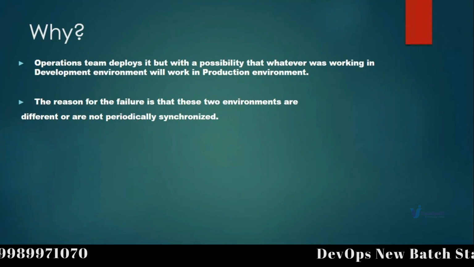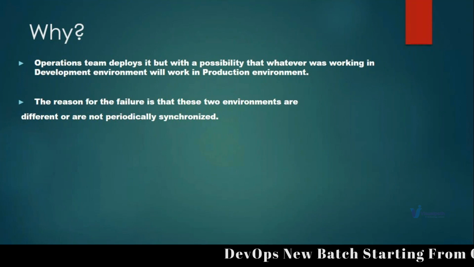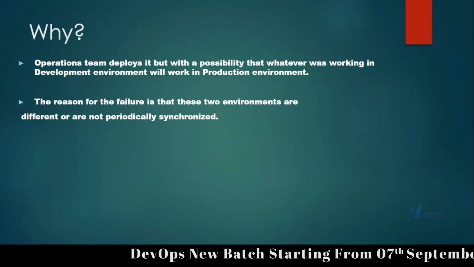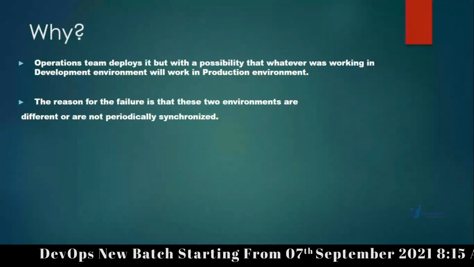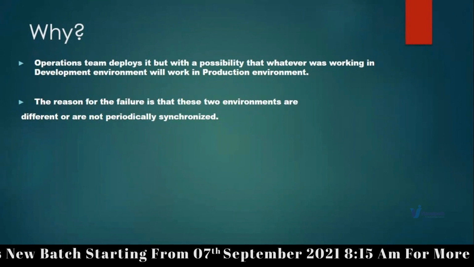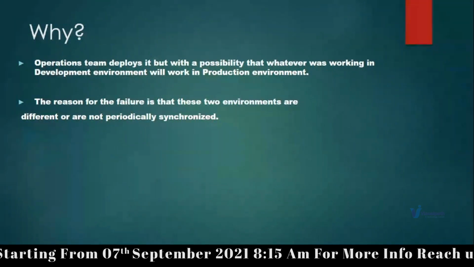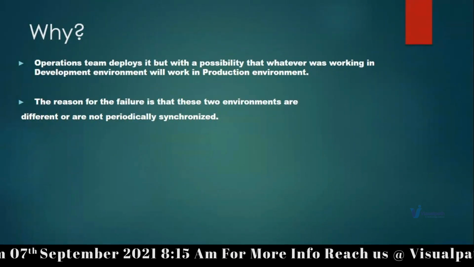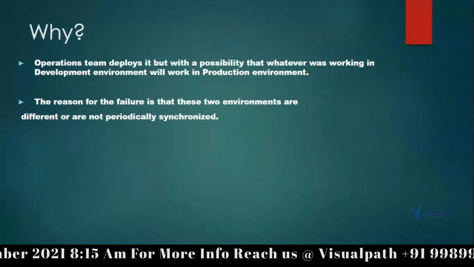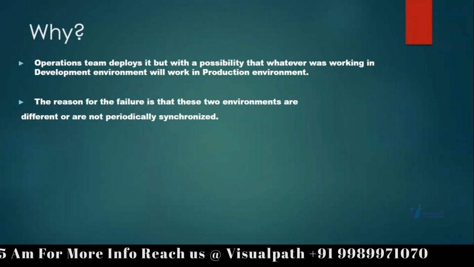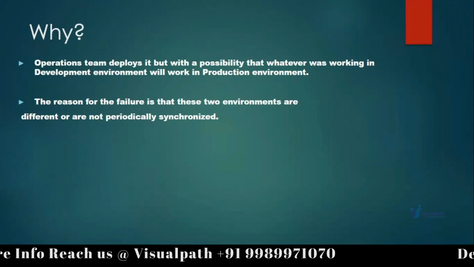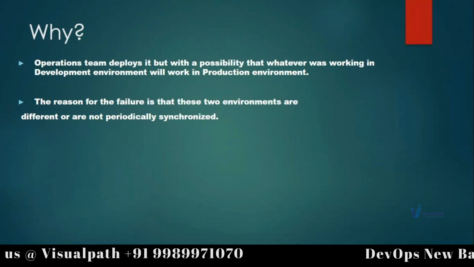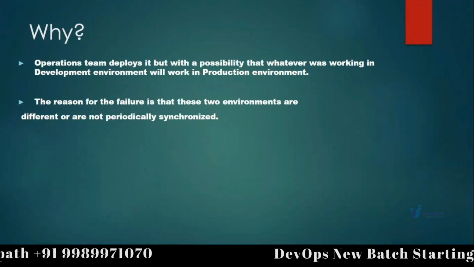When developers face some problem, they'll install a new version of the software and test the product there, and they did not pass this information to the production environment. So the production team doesn't have the idea that they need to upgrade some OS or patches, right? So basically both the environments are not synced properly. Because of that, if it's working in dev and test, there's no guarantee it's going to work in production because it's quite different now.